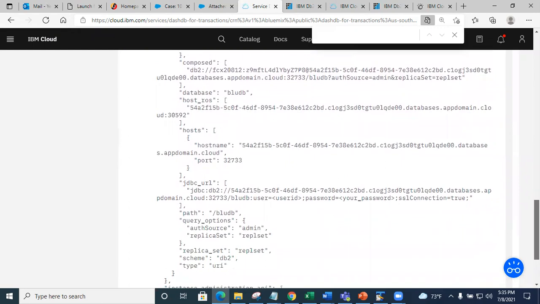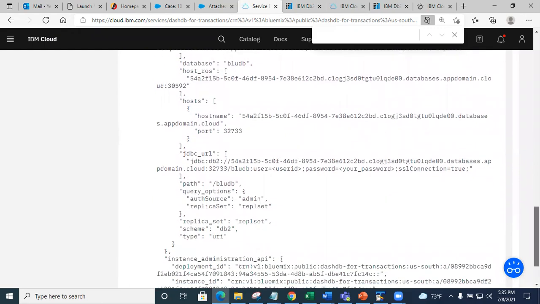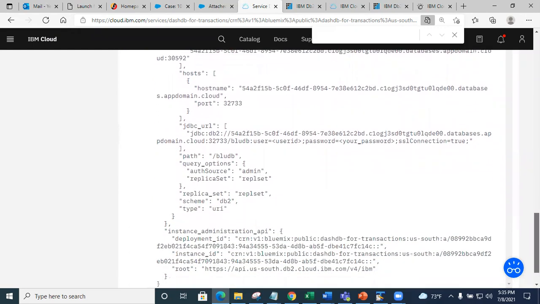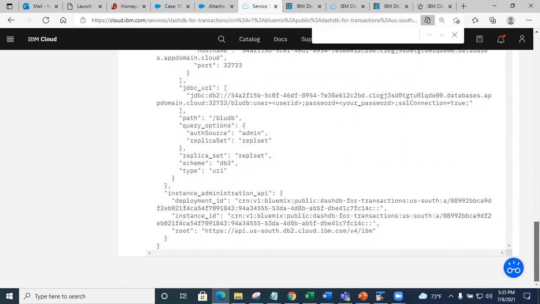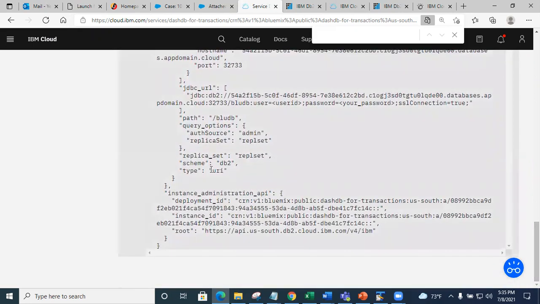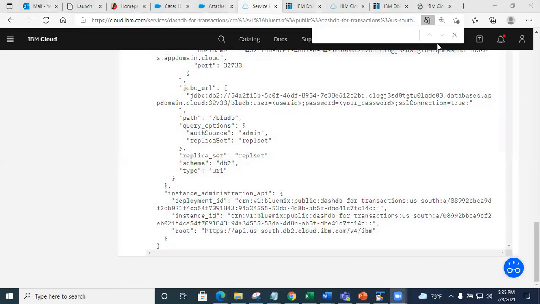But yeah, I see several hosts here. That's a problem, Linesh. Several ports. What is a type? Yeah, so I see. Okay, let me see.